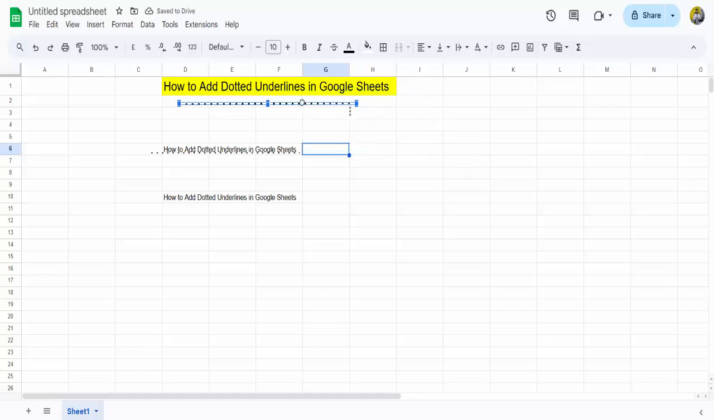Now move it from the underline. Then another text. That is. Then I showed a dotted underline in Google Sheets